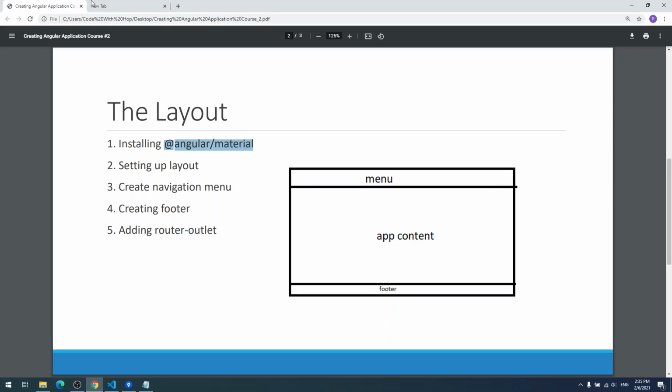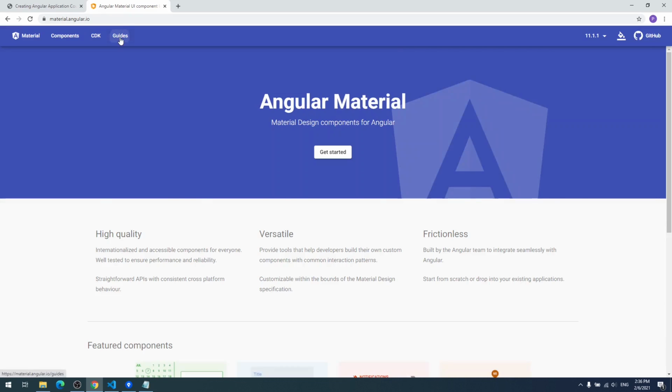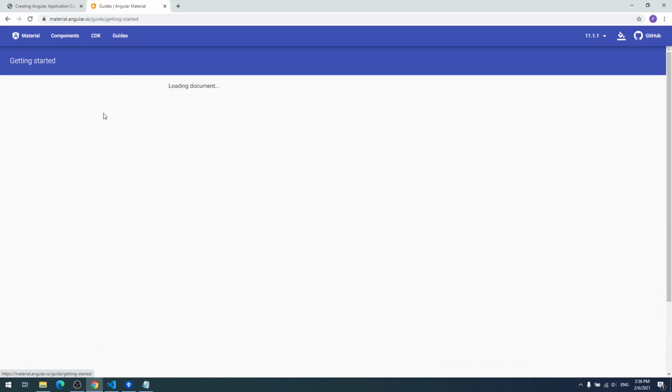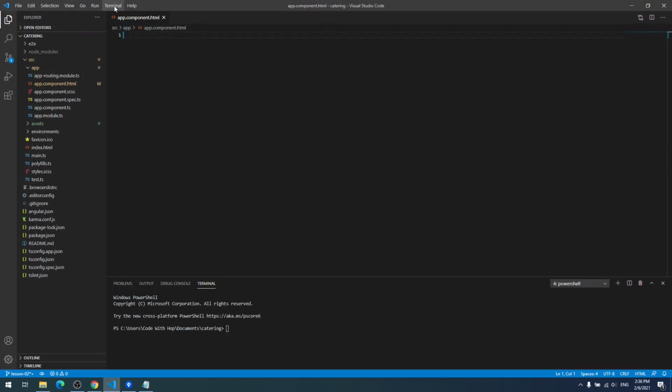So let's open the Angular Material page, and in guides, let's click getting started. And here we have the script to add Angular Material to our project. So we open a new terminal, we paste the script,